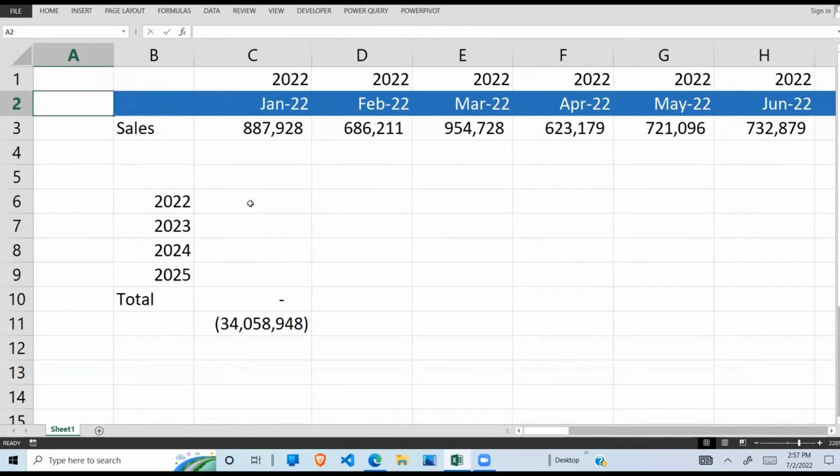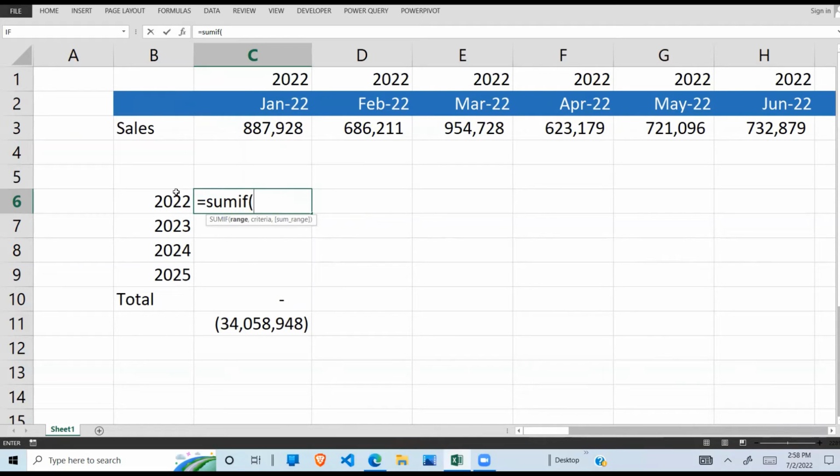Having achieved that, now I can apply my SUMIF formula by saying SUMIF, which takes 3 arguments. Of course, the first 2 are mandatory, and the last one is optional. So the first argument is the range, the range from which we are going to select our criteria. In this example, our criteria is the years here.